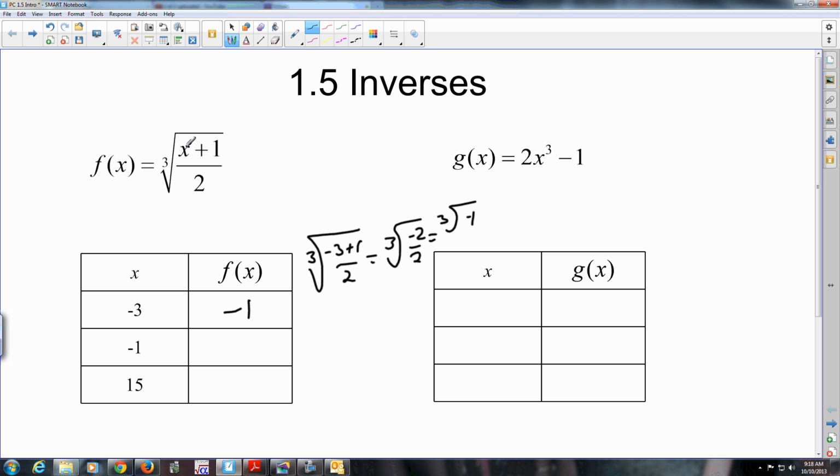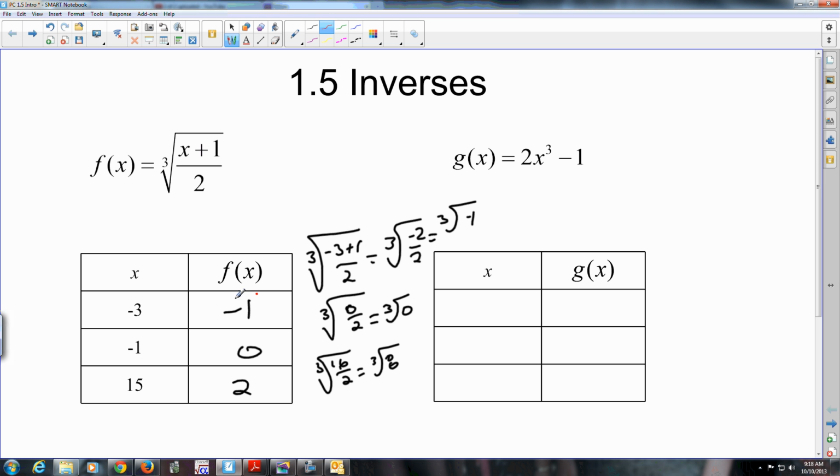Take -1 and stick it in. And you guys can see you got the cube root of 0 over 2, which is the cube root of 0, which is 0. Take 15 and put it in. You get the cube root of 16 over 2, which is the cube root of 8, which you guys should have seen enough by now that hopefully seeing it as 2 is straightforward for you. Now I'm going to take those answers,